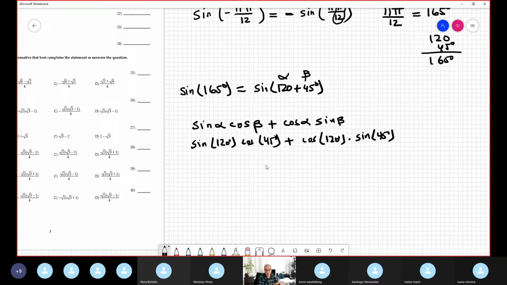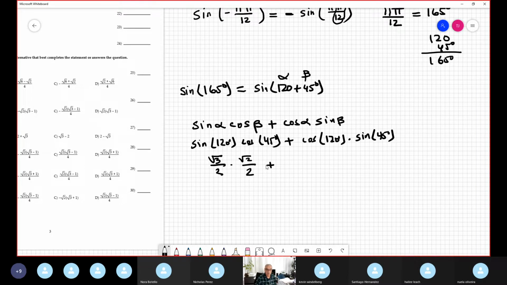I know that in the second quadrant the sine is positive, but the cosine is negative. 45 has no problem because 45 lies in the first quadrant, and any trigonometric function of an angle in the first quadrant is positive. So this one is radical 3 over 2. This is the exact value. We are talking about exact value, not the calculator. The calculator gives sine 120 as a decimal approximation of this number, right? Times radical 2 over 2